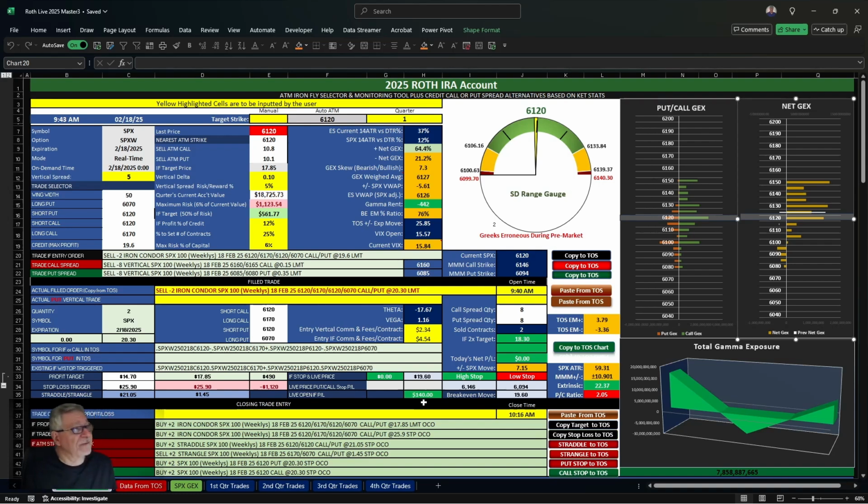Okay, so what do I do now? Next step is to come down here and look at what my target is based on a 2-to-1, 1-to-2 ratio, which means that we have an IF profit percentage of credit would be 12%, and the risk would be 6%. So this generates a profit order in this spreadsheet. So I click here on top where it says copy target to TOS,